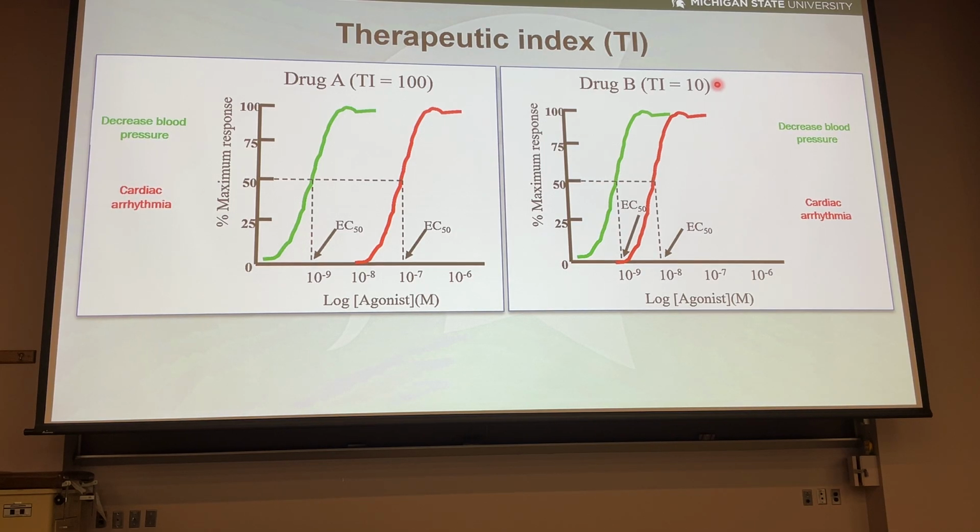Therapeutic index for drug B is 10, for drug A it's 100. As you can see here, there's no overlap. So dosing with this drug should be safer as long as you stay at that lower range. Here, you're really going to run into problems just due to this overlap between your therapeutic response and the toxic